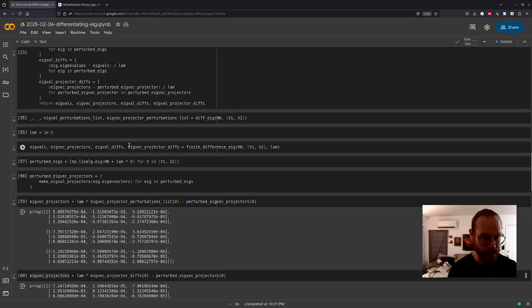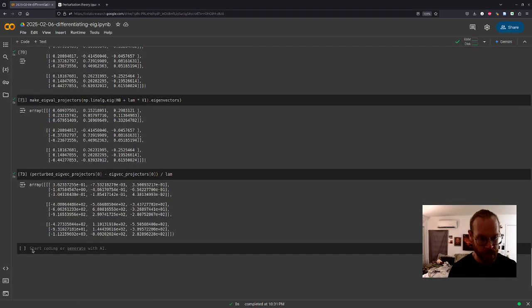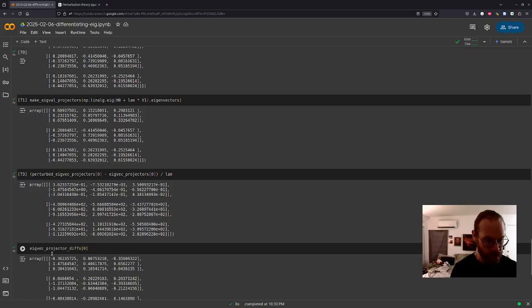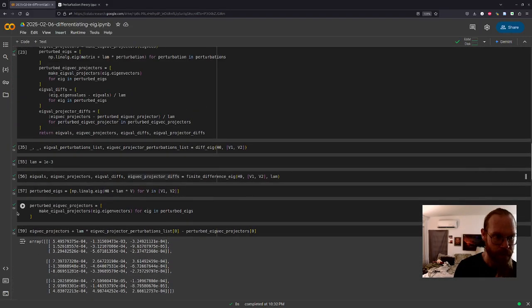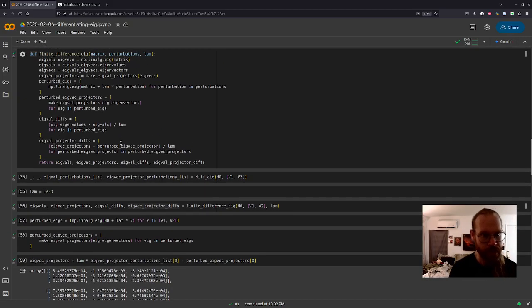But the finite difference one is returning to me the negative. So I just flipped something. I did flip something.